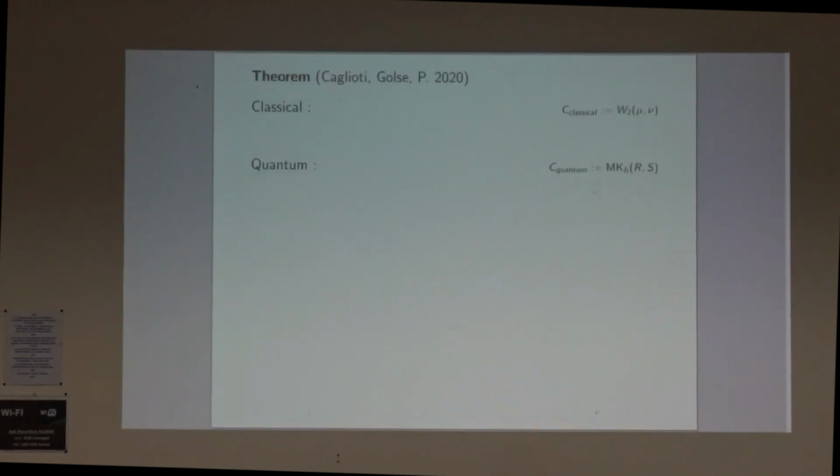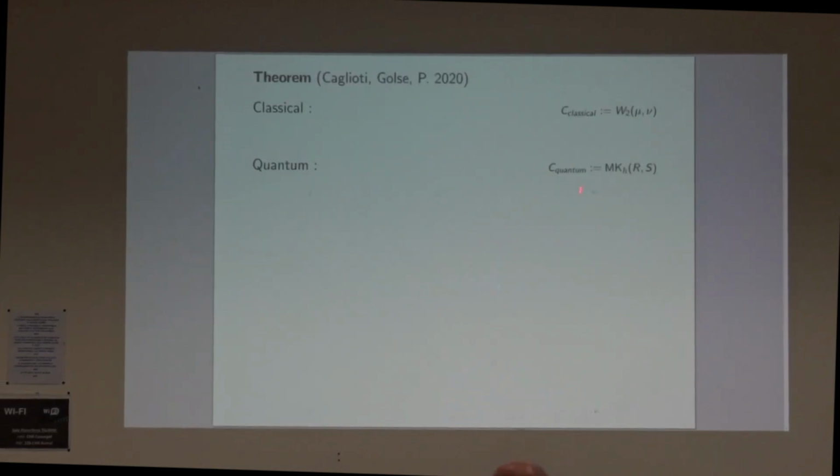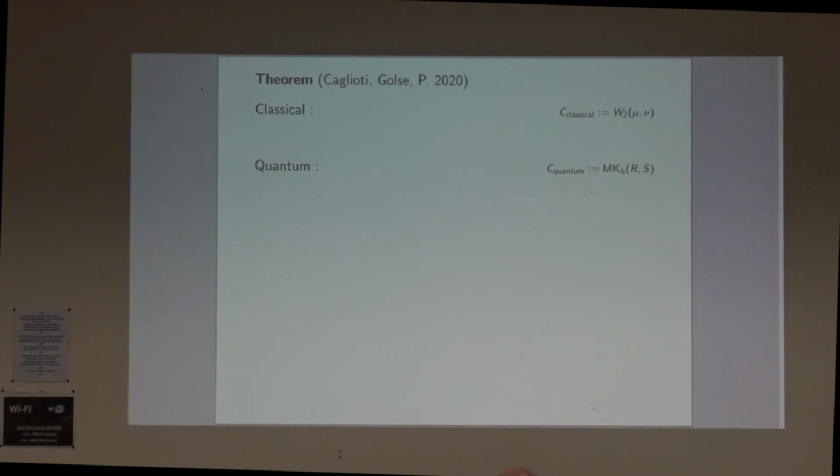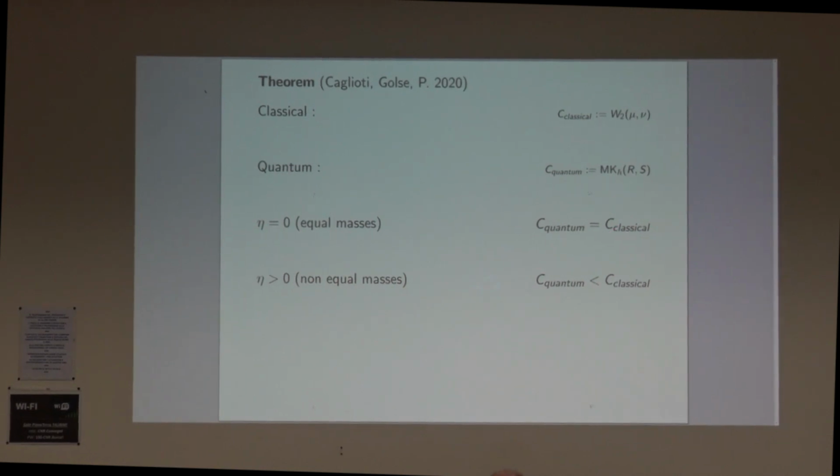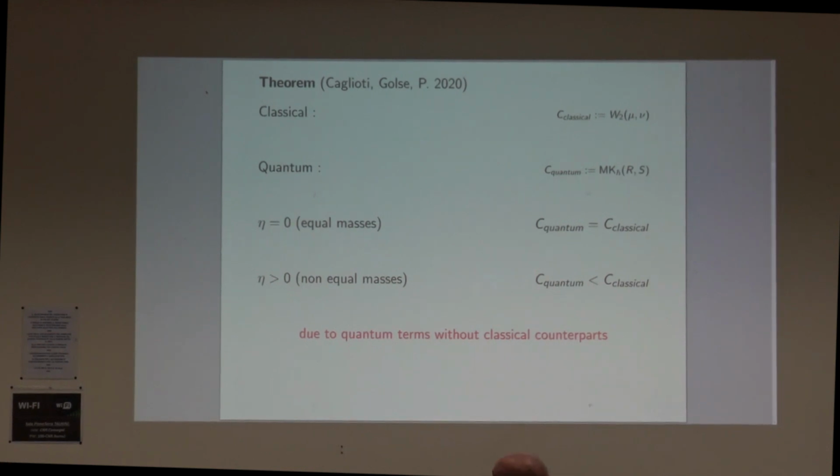is, if you define the classical cost and the quantum cost as the value of the Wasserstein distance in the classical and in the quantum setting, you get that if the masses are equal, you have the same cost for the quantum and for the classical, but if the masses are not equal, you have a difference, and the quantum one is cheaper. So why